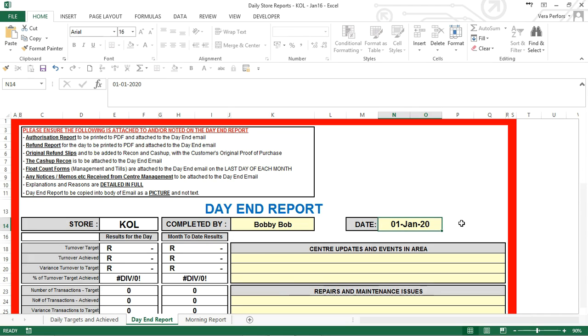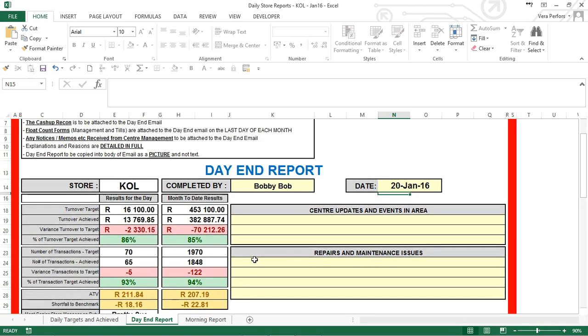So let's try enter in the day 20/ and the month 01, and it shows 20th of January 2016, which is correct. Notice how all the figures appear for the results for the day as well as for the month to date results,